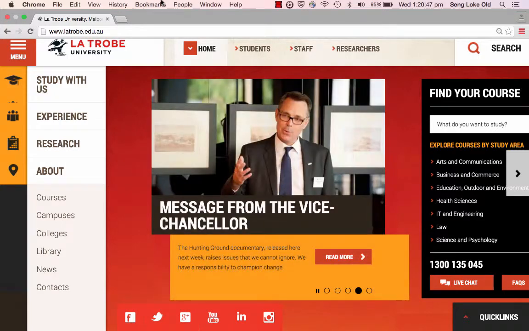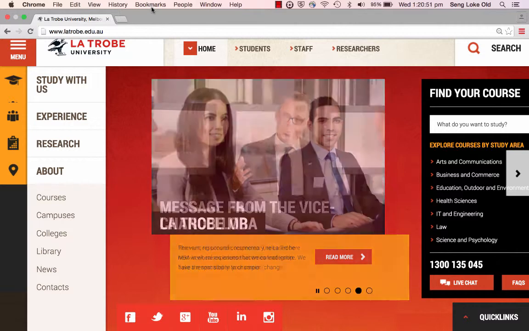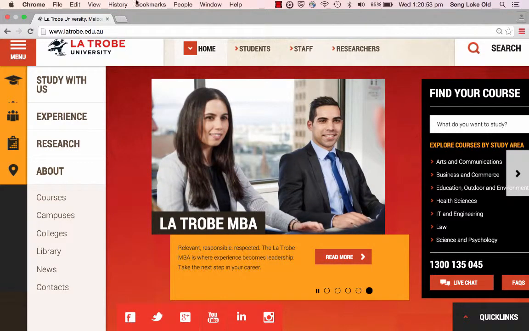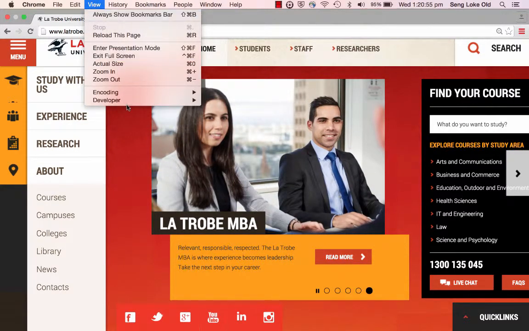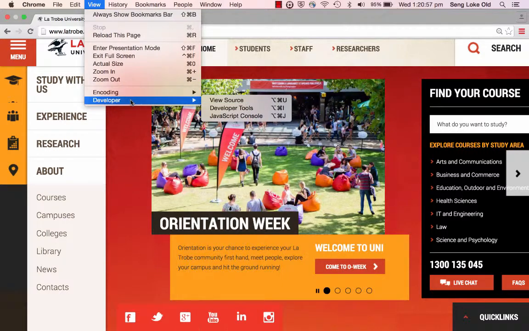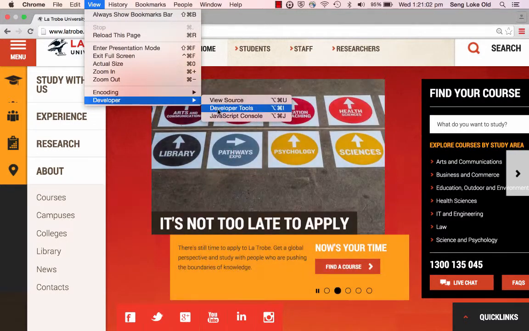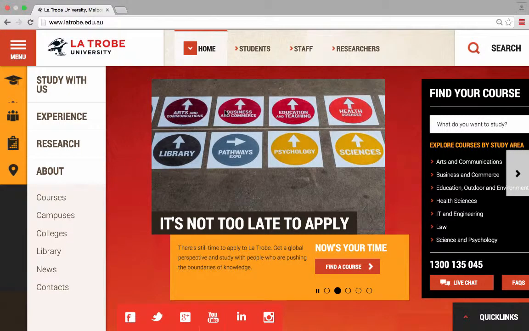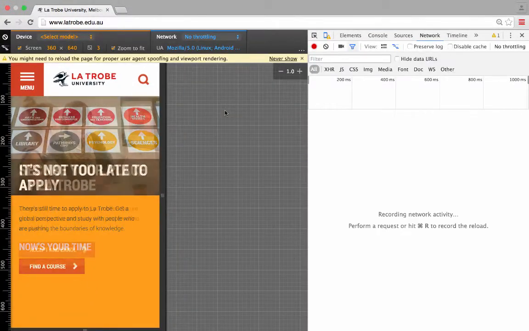Back to ICE, to Internet Client Engineering. What I'm going to do now is just to show you some tools that are in the Chrome browser. You can find a similar tool in Safari as well. If you go to View, Developer, and then go down to Developer Tools, you can see on the right